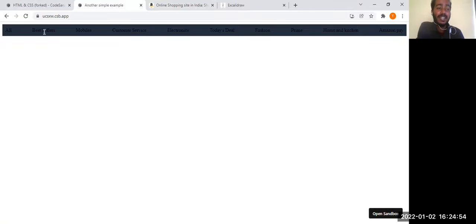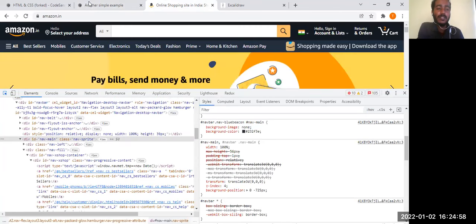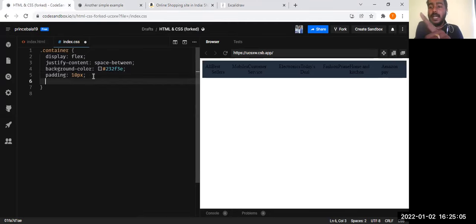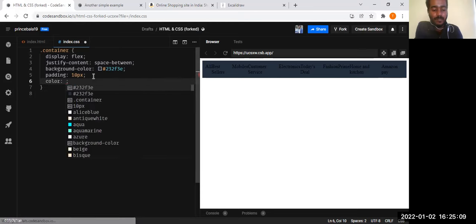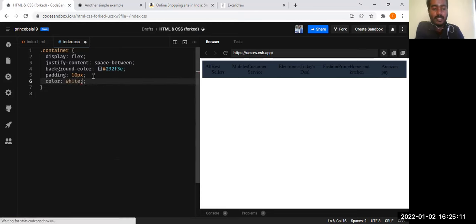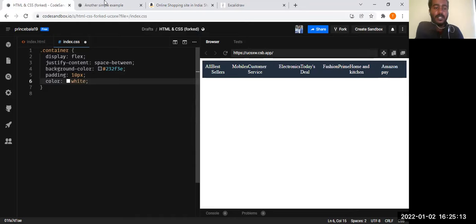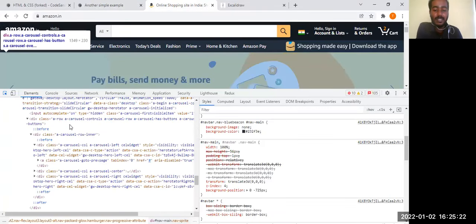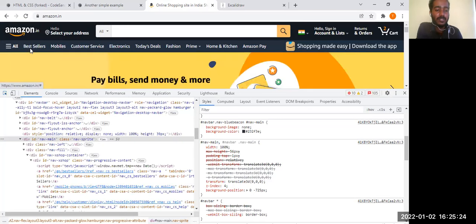So now if you see, the text color of this is black, but here the color is white. As I told you, if you want to add the color, there is a color property. So background color will add the color to the background part, and color will add it to the text. Just added the color white. So if you could see, let me refresh this. I think now it pretty much looks the same, but the font size is different. So I think that's why this font is not matching.